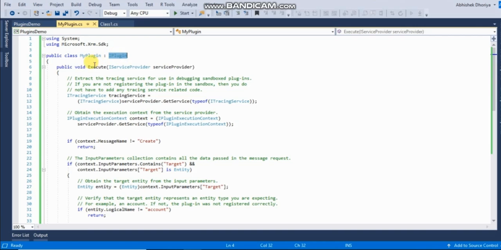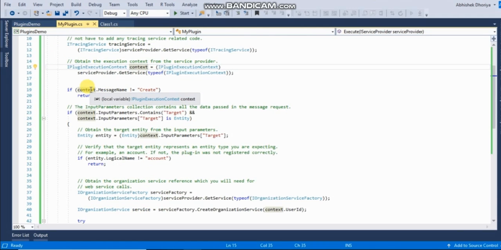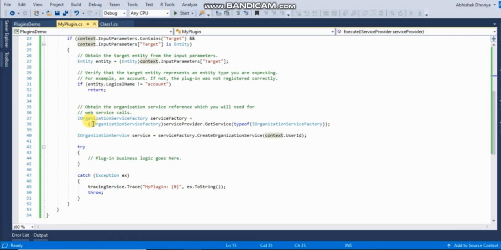After extending, you need to implement the Execute method of that IPlugin interface, which accepts IServiceProvider as a parameter. Then retrieve all the required information from that IServiceProvider, like the IPluginExecutionContext, the ITracingService if you are interested in debugging and writing trace logs, the event information for which the plugin is raised, and the service objects, and then you can begin